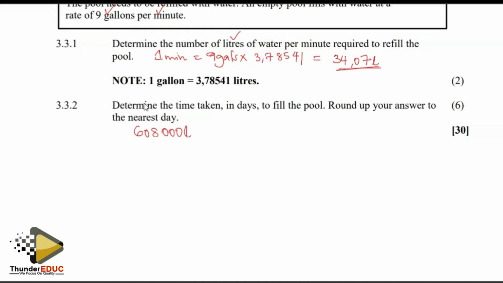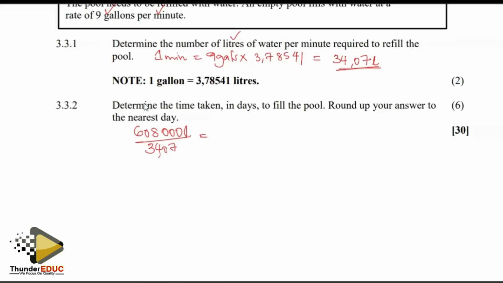Then in 1 minute, we need to divide it by this, because we are looking for the number of minutes that it takes. And that means 60,800